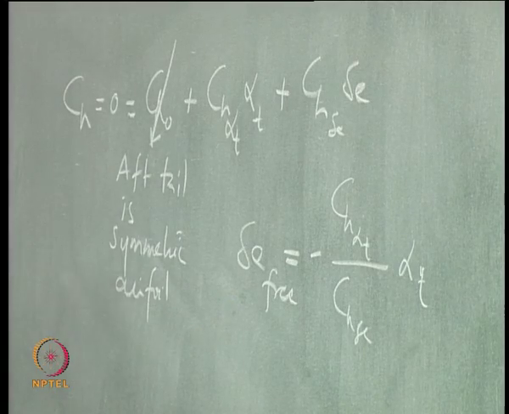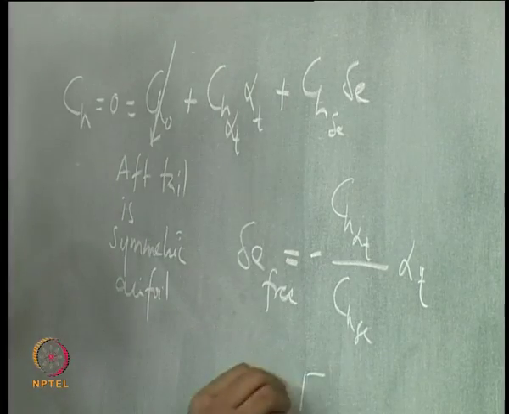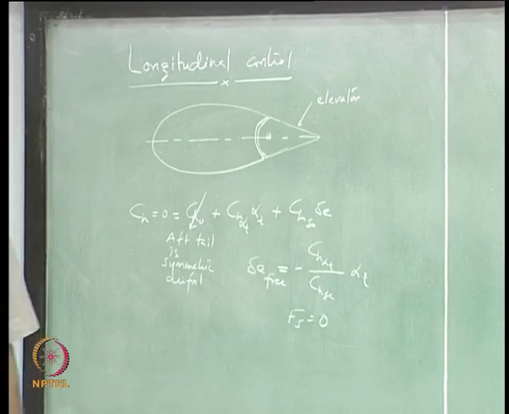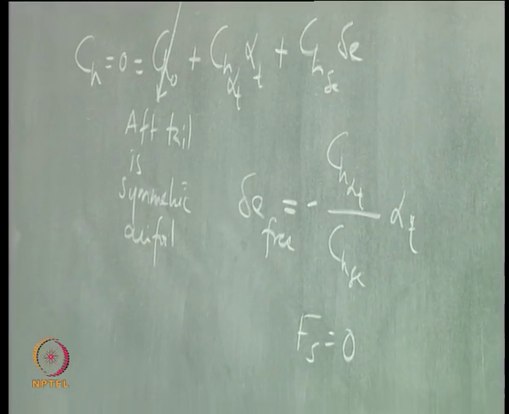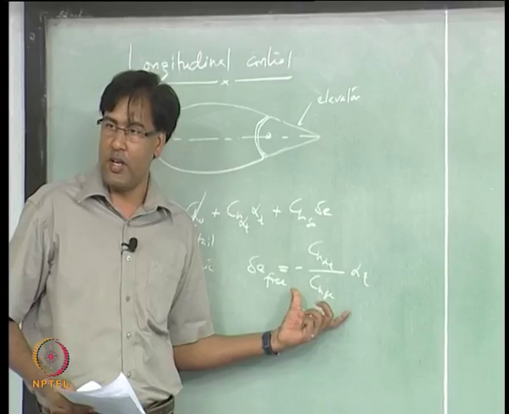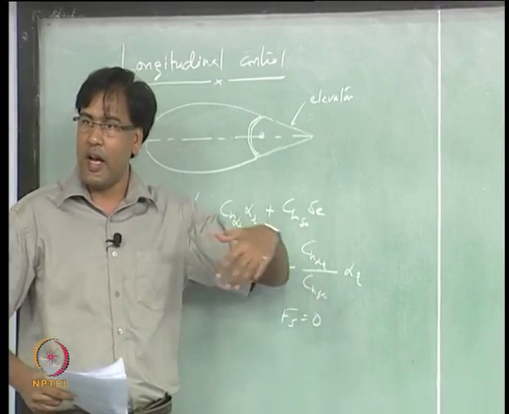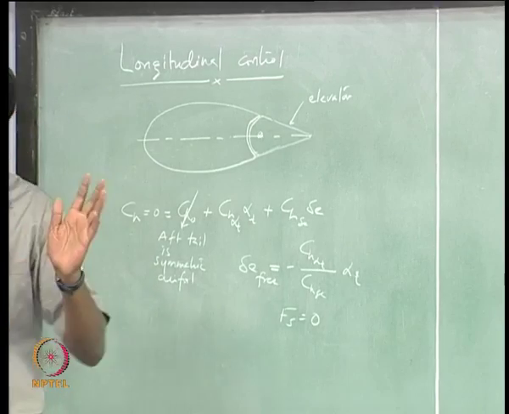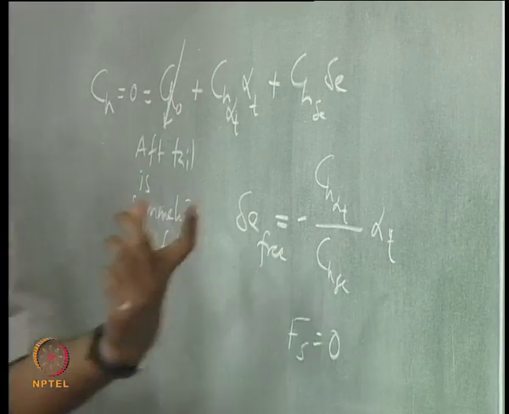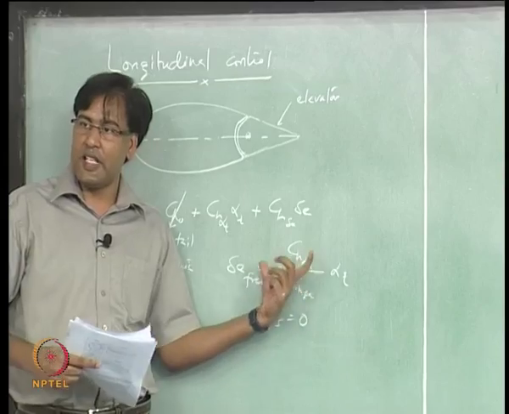So this is where stick force is 0, right. Now, if I want to deflect the elevator, I will deflect the elevator only from this point, right. Whether I deflect the elevator negative or positive, I have to overcome the aerodynamic moment starting with this as the reference,